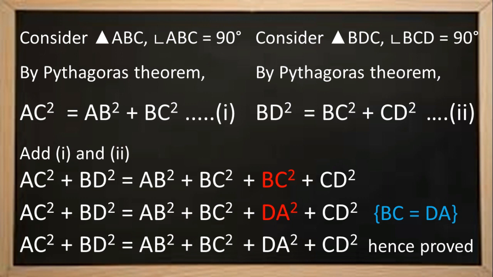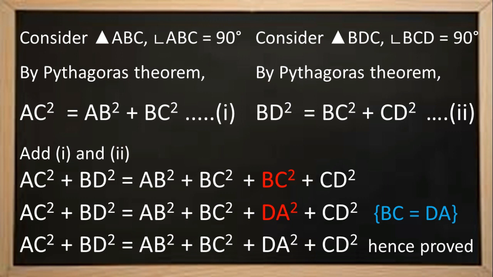By keen observation of the diagram, and as we need AC square plus BD square to prove that, we have considered 2 triangles on a condition that AC square and BD square are the hypotenuse of the considered 2 triangles. Once we obtain the 2 results, we did not take out the common factor. Why? Because we need that term in our result. So, instead of taking out the common factor, we added result 1 and result 2 only, because we have on the left hand side the sum of AC square and BD square.